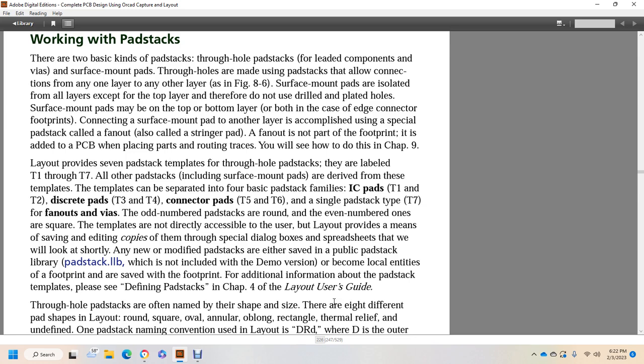Layout provides 7 pad stack templates, through hole pad stacks, labeled T1 through T7. All other pad stacks, including surface mounted pads, are derived from these templates. The templates can be separated into 4 groups: the integrated circuit pad stacks, T1 and T2, discrete pads, T3 and T4, connector pads, T5 and T6, and single pad stack T7, plus fan outs and vias. The odd numbered pad stacks are round, and the even numbered ones are square. The templates are not directly accessible to the user,